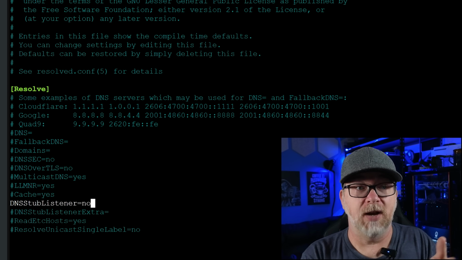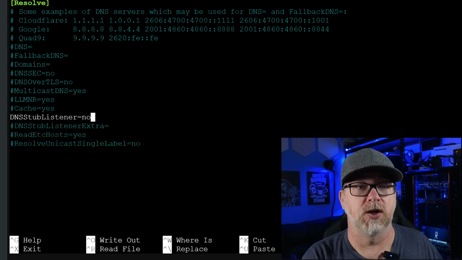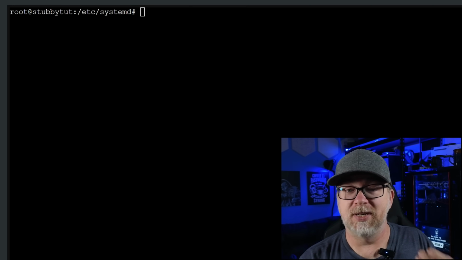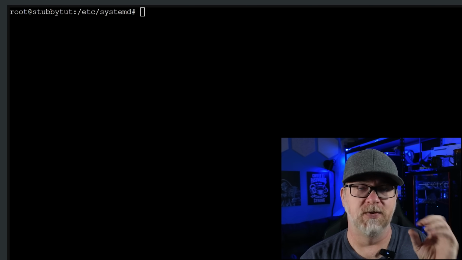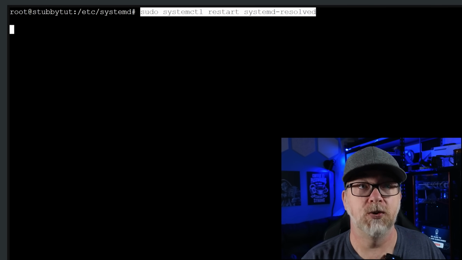So once we have edited this file, we can save and exit like I did. So I did Control O and Enter and Control X to exit, and then I'll clear my screen. So the next thing that we want to do is actually restart the systemd resolved service. So what we're going to do is just run this command, which is sudo